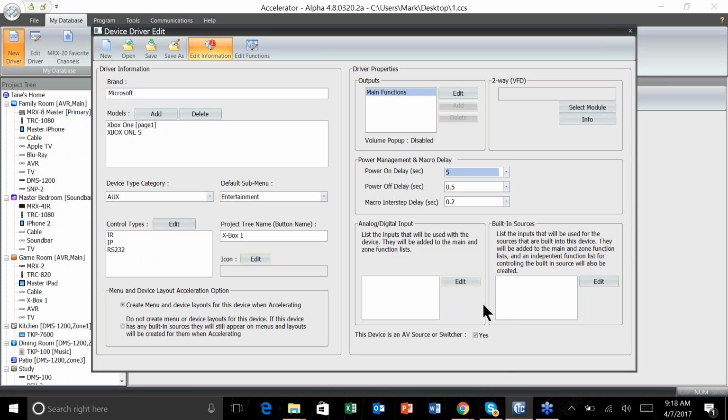Now, this is obviously extremely important for major things like TVs and projectors. We all know that both of those take a long time to turn on before you can send input switches and things like that. So you want to make sure you take the time out, actually test the device, find out how long it takes to turn on before you can send it a command